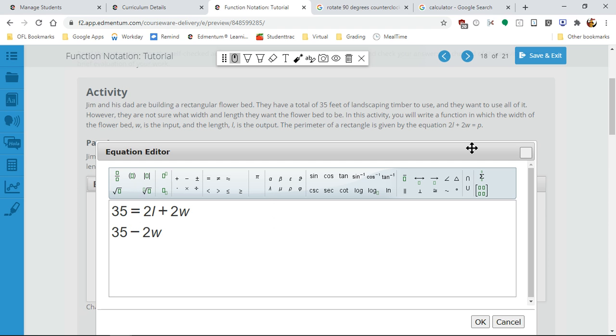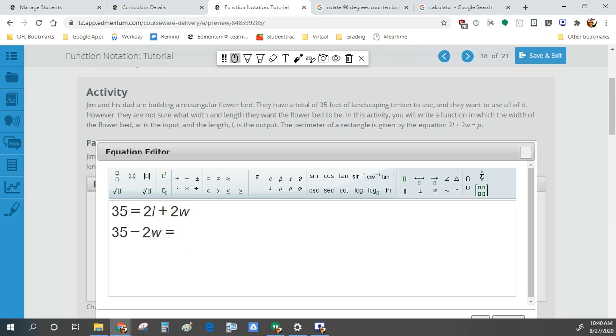I'm assuming you guys already understand the idea that we're going to subtract the 2W. I'm just going straight into it, kind of skipping these steps, just showing the work the way it would show on your end. So this is going to equal our 2L. In other words, our L